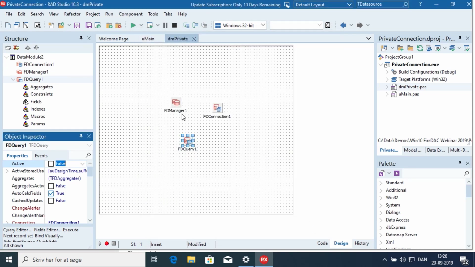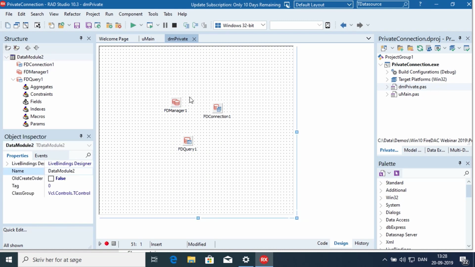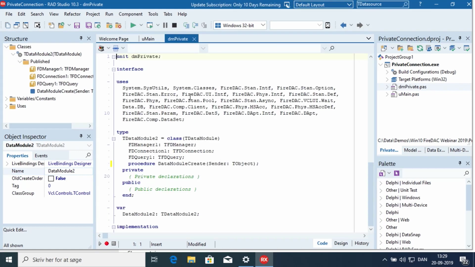Then I've added a third component, which is the TFDManager. I haven't done anything with the TFDManager, but if you need, like in the previous demo with the persistent named connections, you can here add a TFDManager and then set the connection def file name here. Runtime or design time, that doesn't matter. Now, as this is a private connection, I have to fill in everything at runtime, and that makes sense